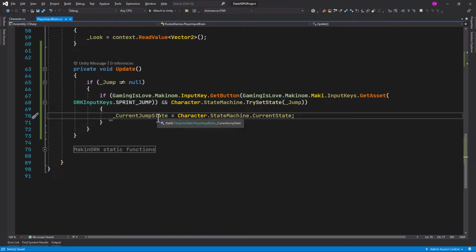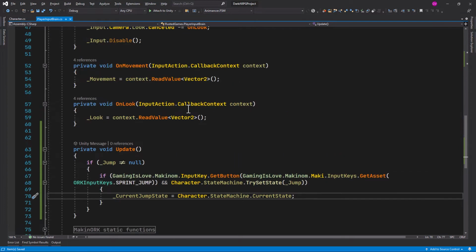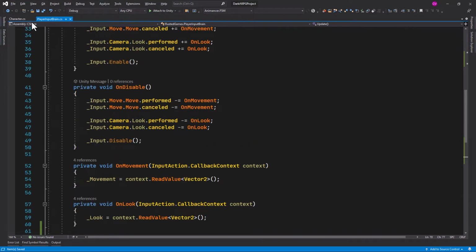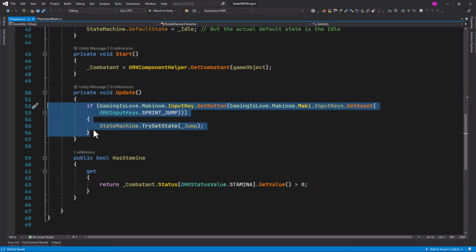This is handy if we wanted to later on check whether we are still in the jump state to perform other logics. Okay, so now that we have this piece of code here in the player input brain, we can